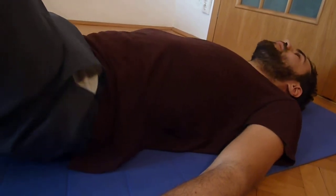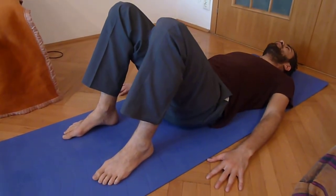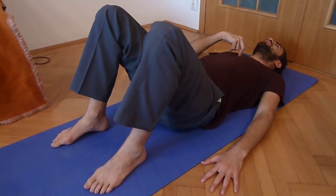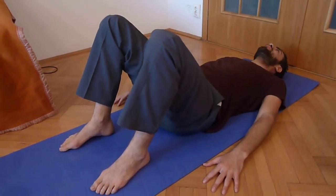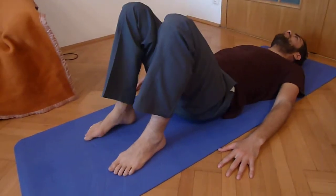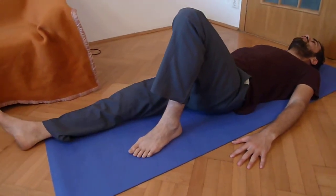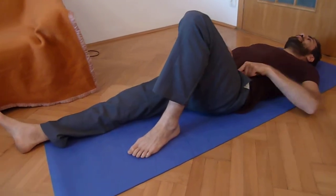You could do it as well with both knees up if it's easier in the beginning. When you are very comfortable with it, allow your upper body, and until the head, to move with this movement. You could really just tilt your body, if it's with one leg or with both knees up. And after you are comfortable with it, try to lift the knee, like sending